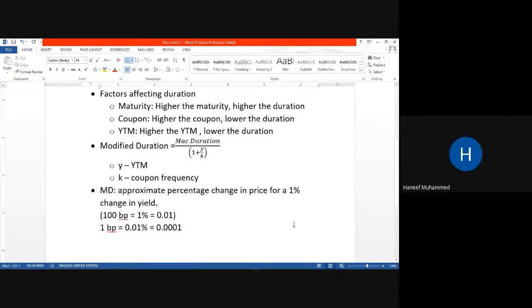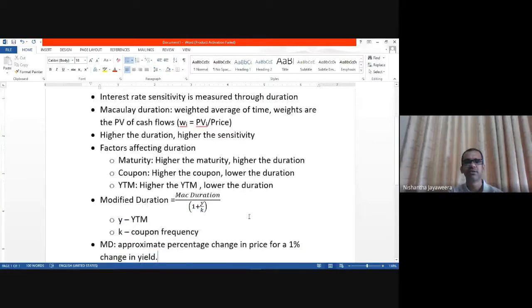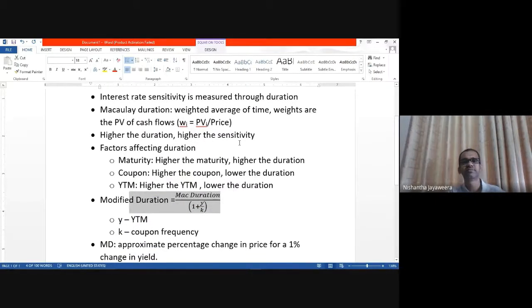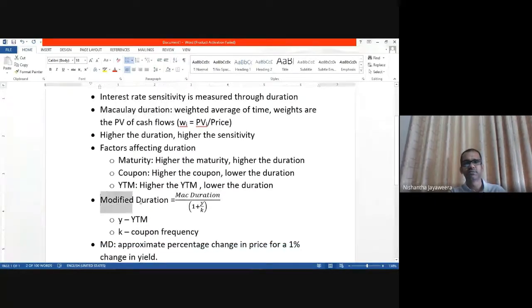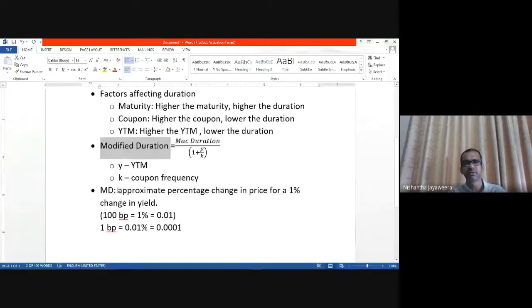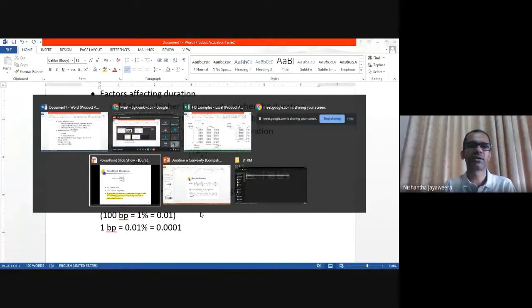So then we discussed how to calculate Macaulay duration, and we saw the relationship between maturity, coupon, and yield to maturity. Then we discussed how to calculate the modified duration and its interpretation. But to make it more clear,